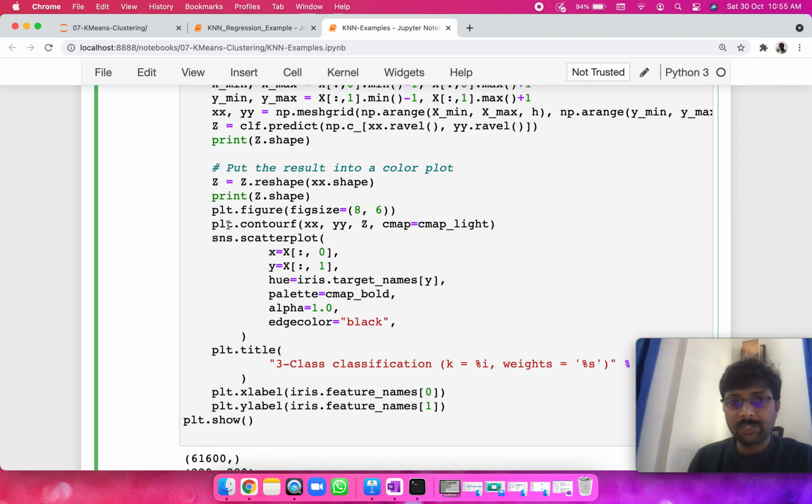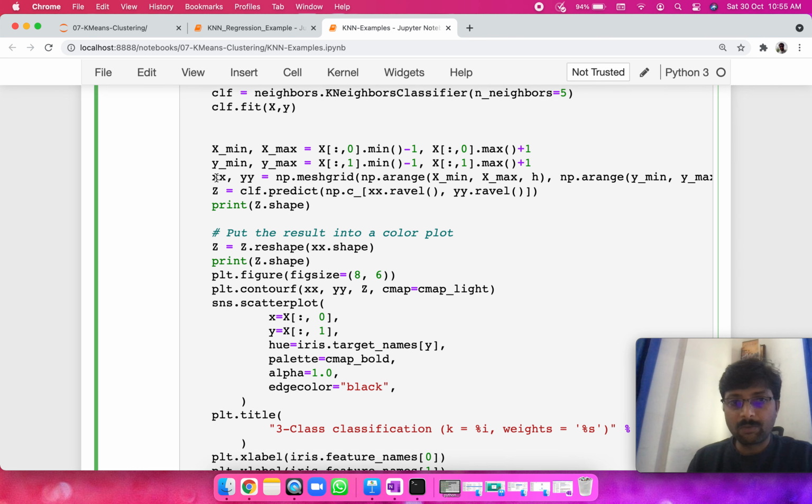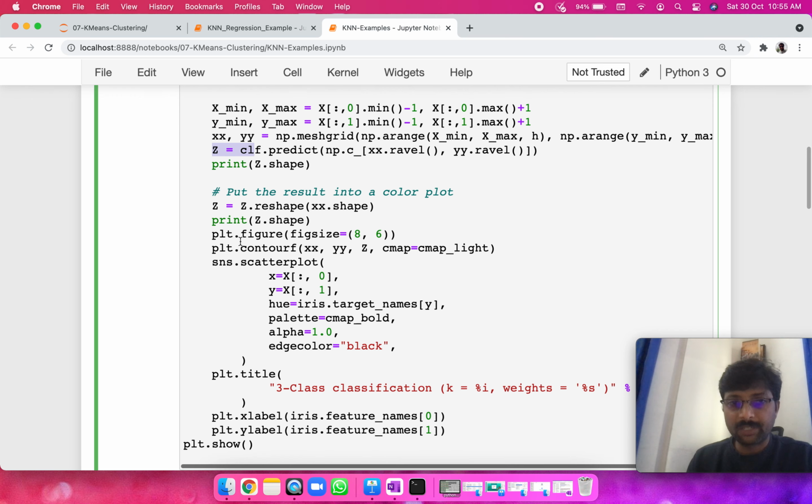So now we will use all the data that we have got. We have got the coordinates, we've got the predictions, so we can just go ahead and plot it, right? First step here is we are creating a figure, and we are going to do a contour graph, where we fill every region. So we are passing xx, yy, and z, right? xx is the x coordinates, yy is the y coordinates, and z here is the predictions.